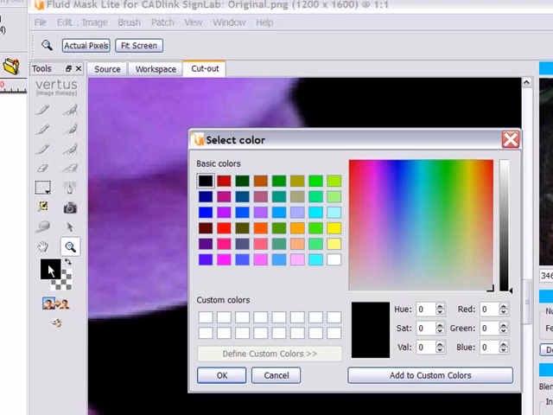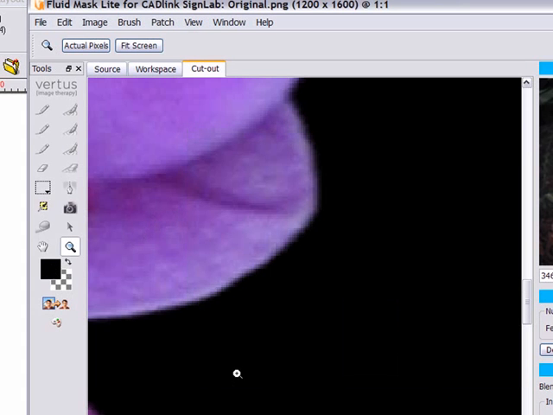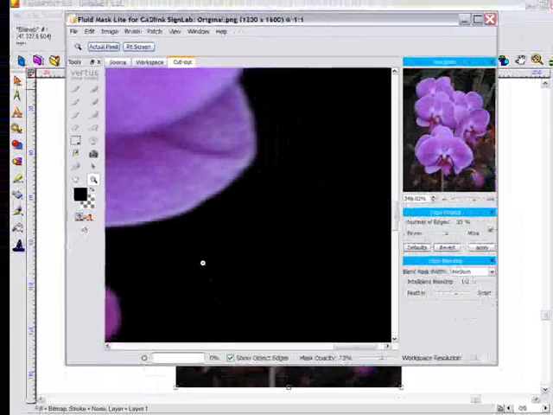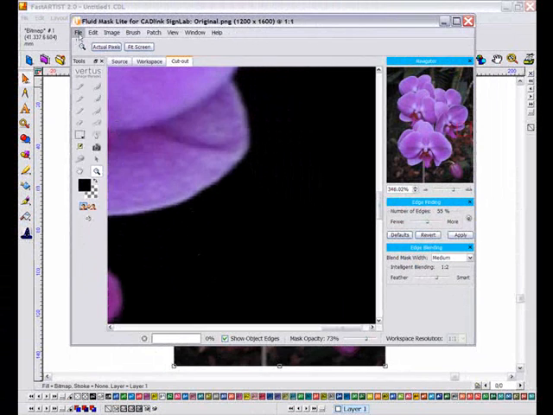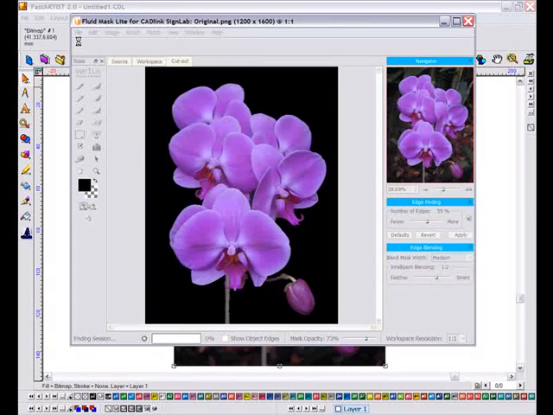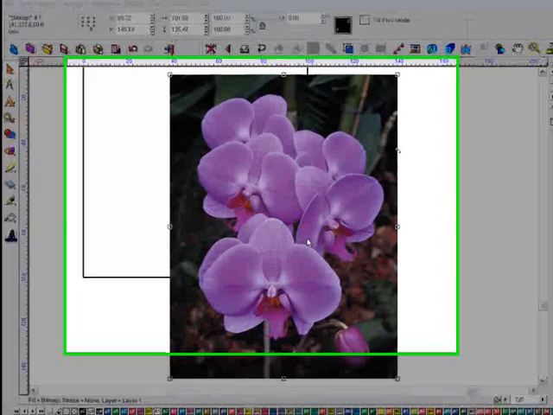It's simple to change the background colour in Fluid Mask to simulate the shirt colour. Just click on this palette and then select the colour you need. Here you can see how the blending will look when placed on a black shirt. Okay, so when I'm happy with my results, I can click Save and Apply, and the image will be returned